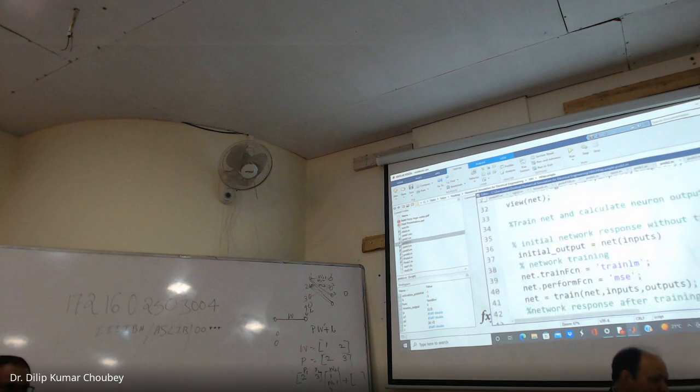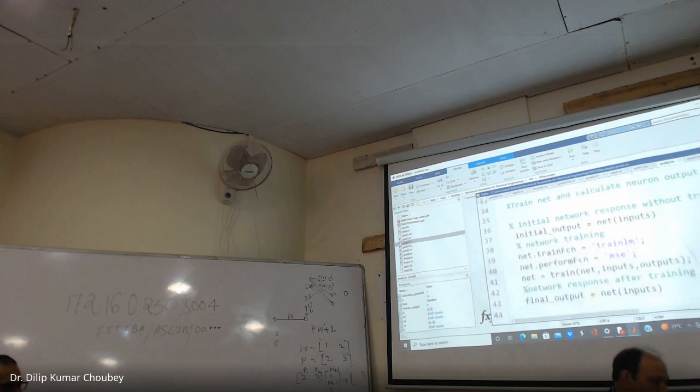Next is training: train the net and calculate the neuron output. The initial output means, without training, we find the initial output for the net inputs. Then we use the inbuilt function, the net train function, with net MSE. This is the command net train with net input and output. Then we find out the final outputs for the net input. So if we run the system,